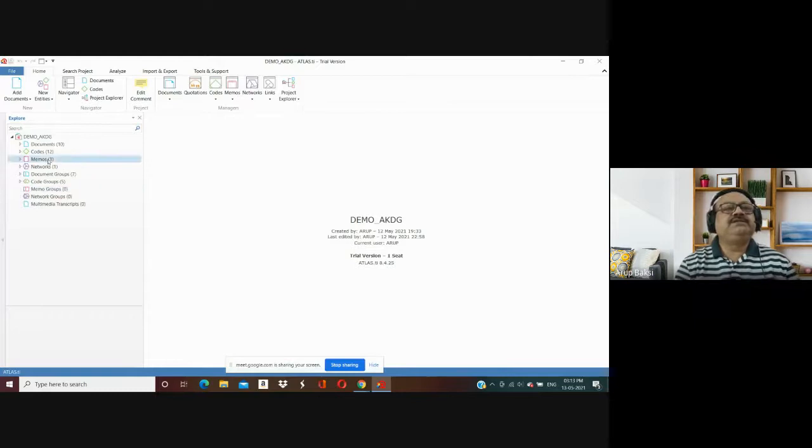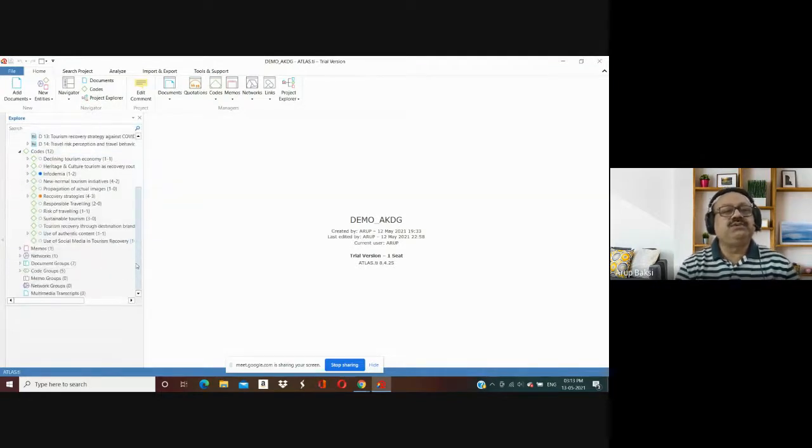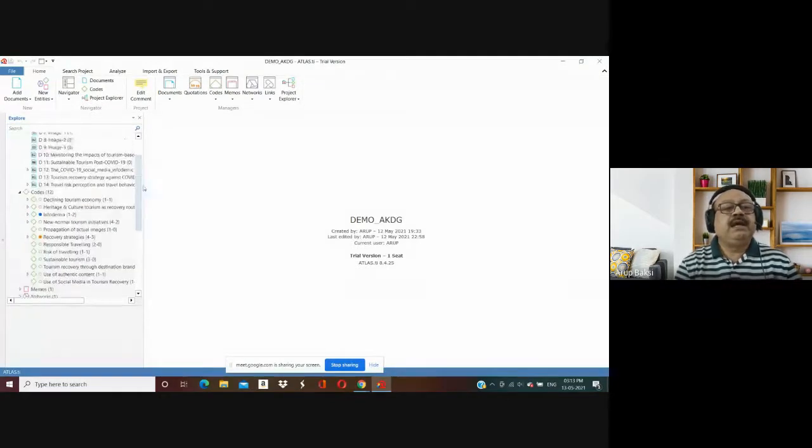Now, in this project, we had 10 documents. Probably you can recall that out of these 10 documents, we had 3 image documents, 2 video documents, and 5 PDF documents, so 5 text documents. And we developed 12 codes. Out of those 12 codes, we developed 5 code groups, and we have also developed 7 document groups. Okay. Now,